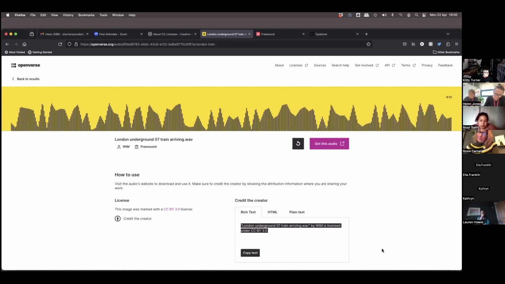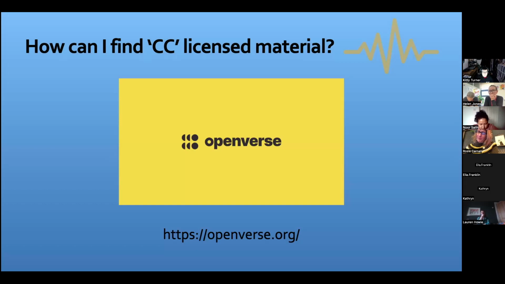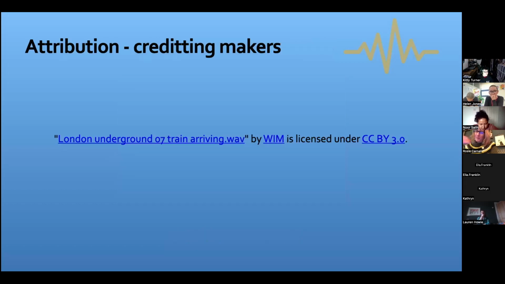So let's say we want to use that one. So let's go back here. And this is the attribution. So the crediting text is called an attribution. And this is an example of an appropriate attribution of this CC licensed audio file that we searched for.